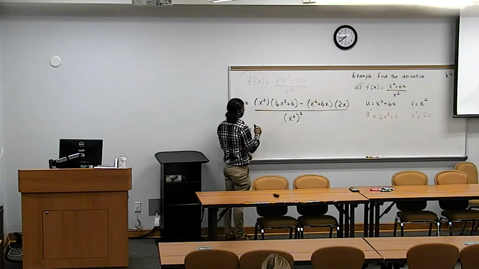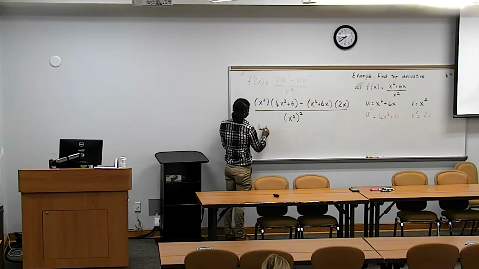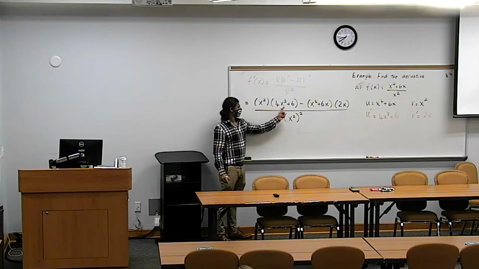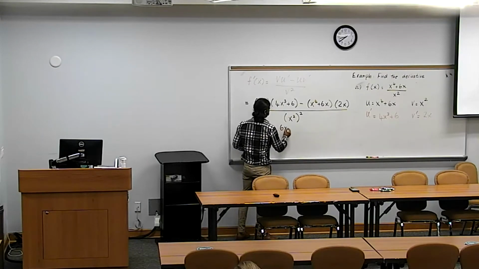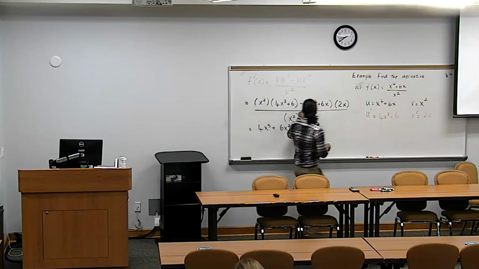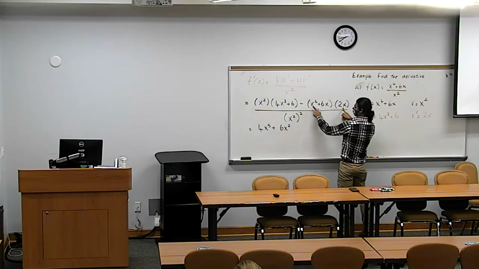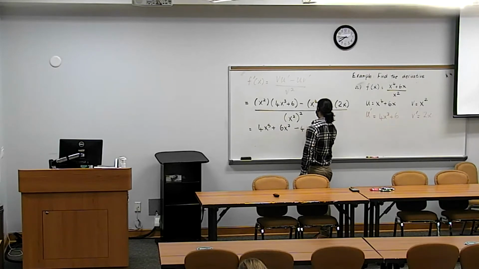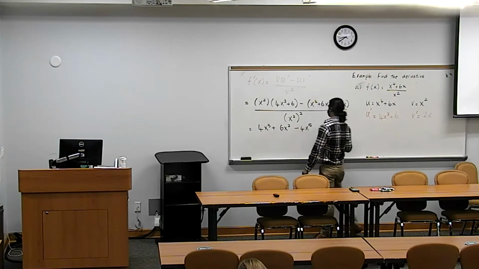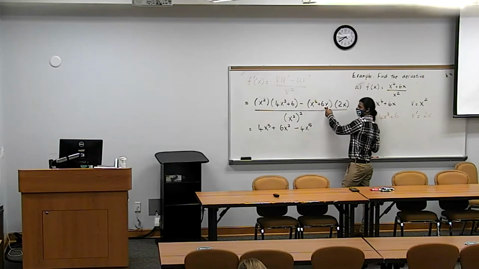Distribute the x squared. You have 4x raised to the 5 plus x squared times 6 is 6x squared, minus 2x multiplied by x raised to the 4 minus 4x raised to the 5, minus 6x multiplied by 2x would be